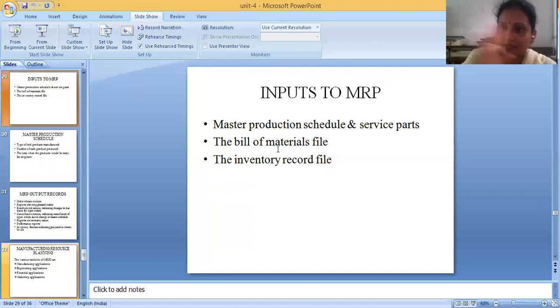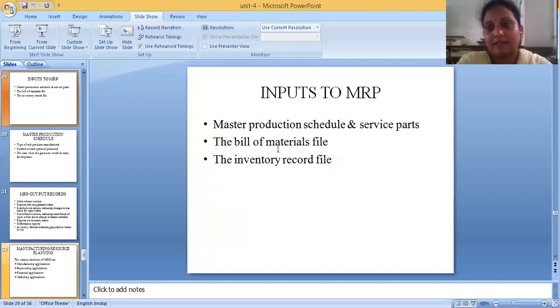So what is the lead time? What is the complete time which this project is taking to start and wind up? All these things will be mentioned in the master production schedule. You'll know the number of machines, the number of tools, and which tool and which machine are going to work on this project for what time. Everything will be mentioned in the master production schedule.